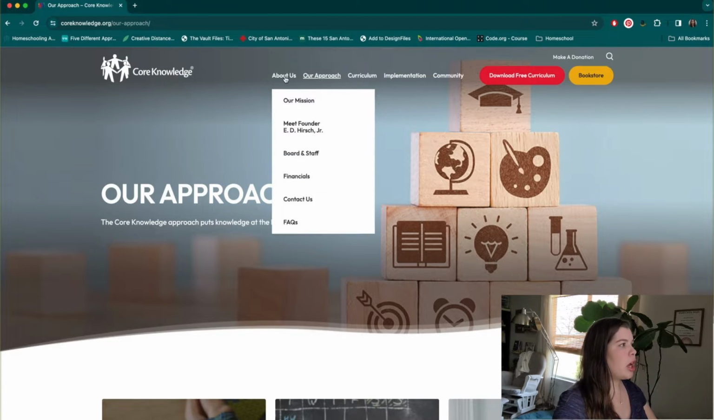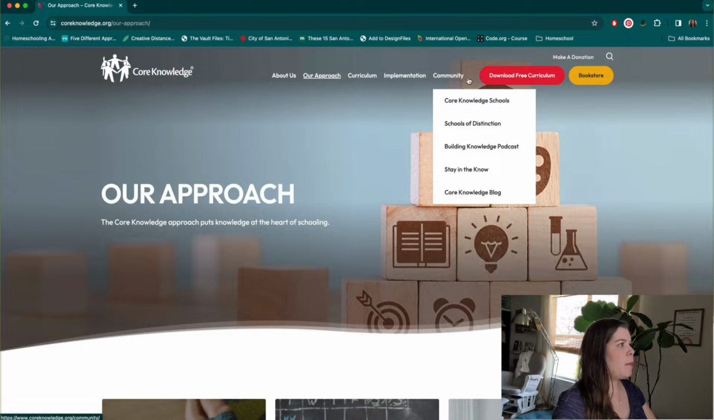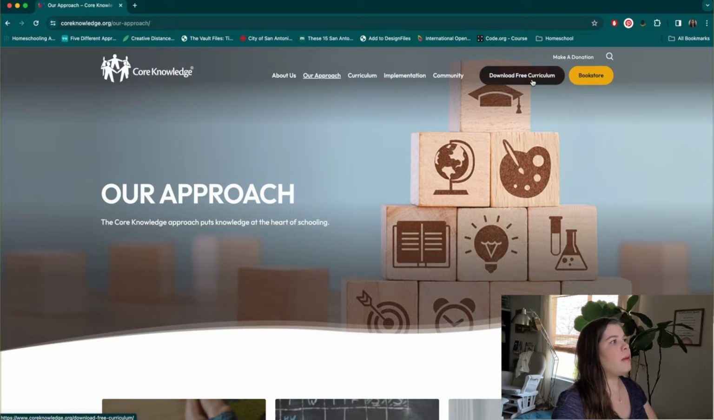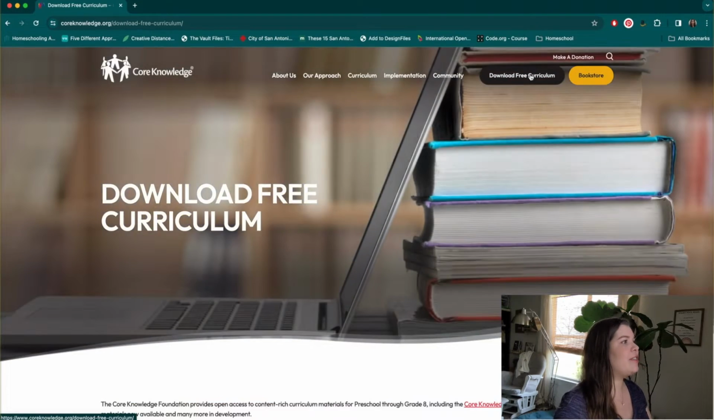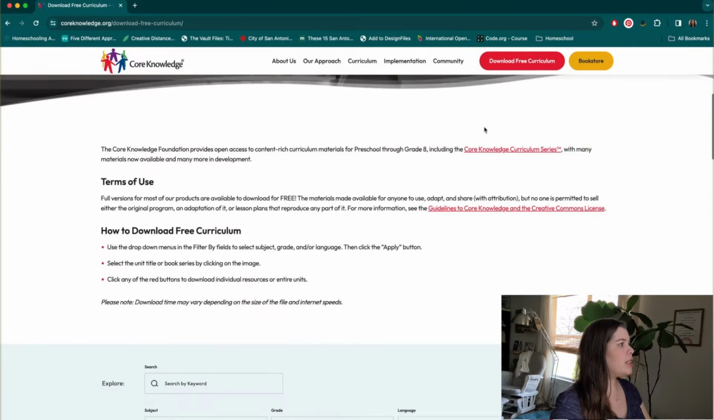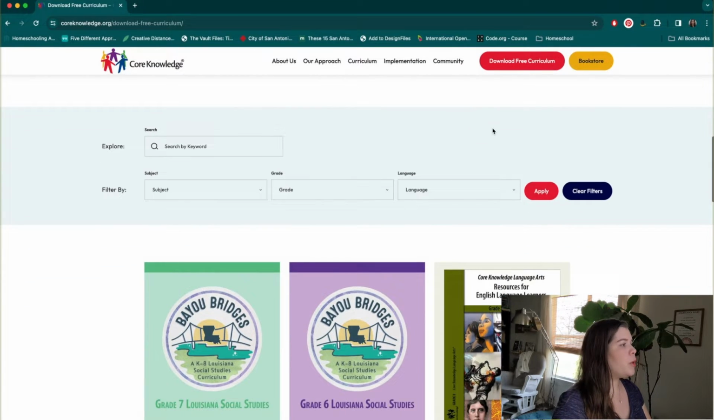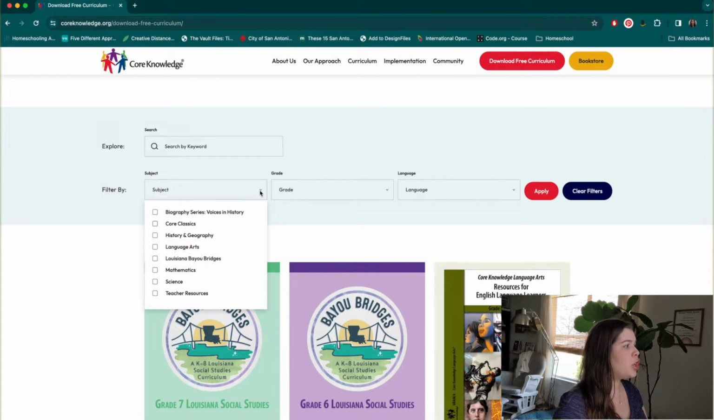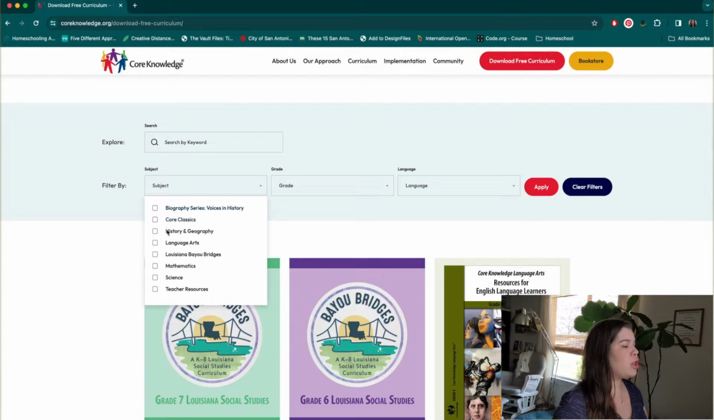Okay, so right at the top of the website, you will see a couple of tabs. The main one that we're going to be looking at is Download Free Curriculum, and they have it nice and bold in red, very easy to find. So we're going to go into that, and here you can search by keyword, you can search by subject. So these are all of the subjects that they have